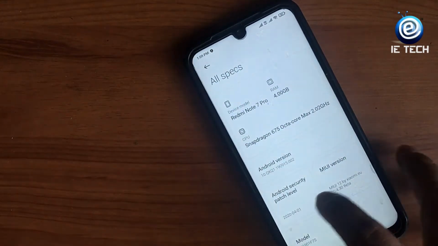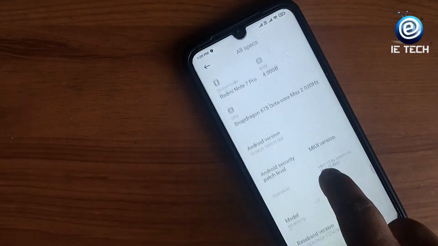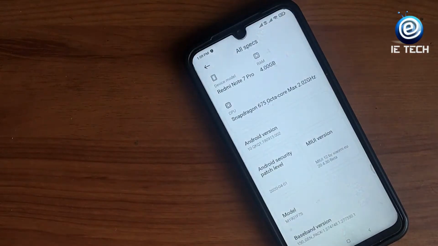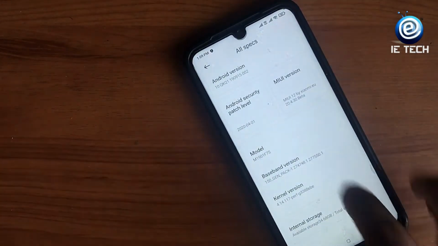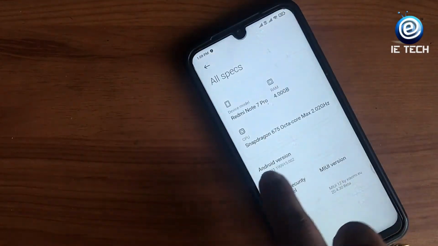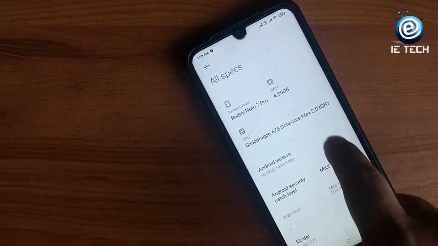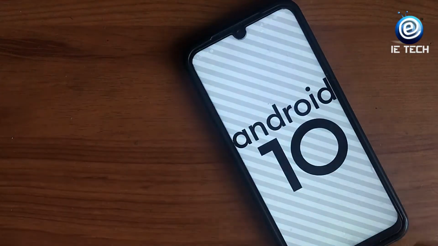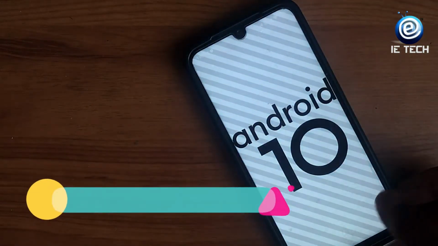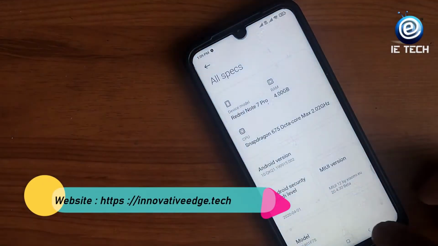It also says the Android patch level is the latest, and the MIUI version, as I told you, is beta 20.4.30. You get an Android 10 version here. So this Android is 10, no doubt about it. This is a cool thing actually.